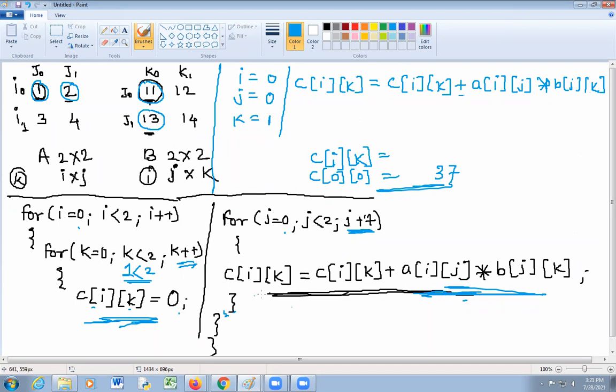So again here execute this statement: c of ik is equal to c of ik, that is c of 0 1, plus a of 0 0 into b of 0 1.